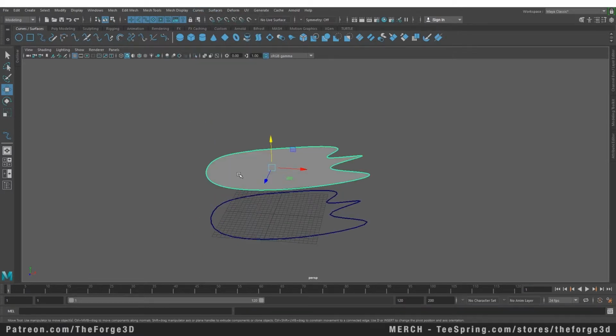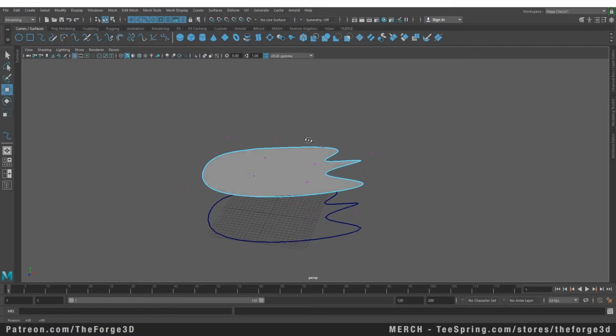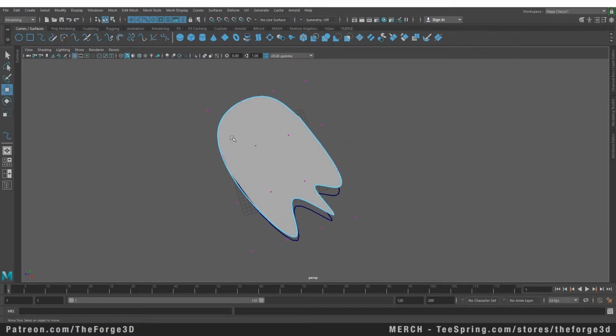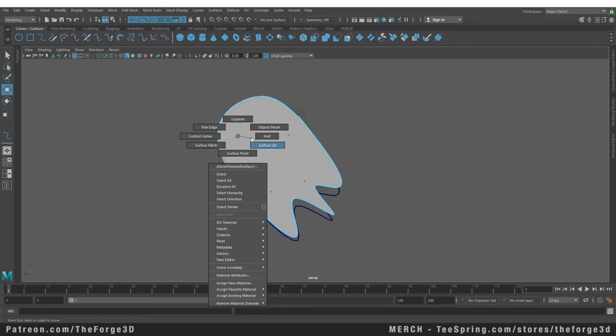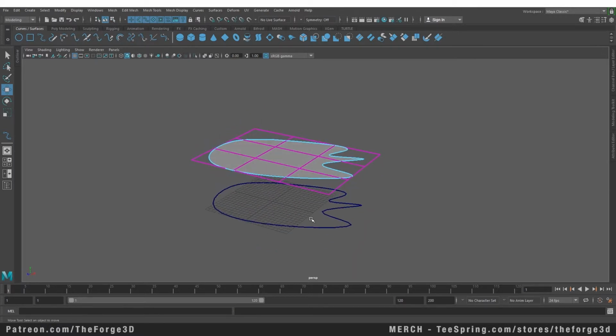Now there's another thing that is different with our planar surfaces. If I click on our object right here and go into the control vertices, you can see that it is a rectangular patch. For a better reference, let's go into our hull mode. Now in our hull mode, you can easily understand it is a plane, and you can imagine our curve as